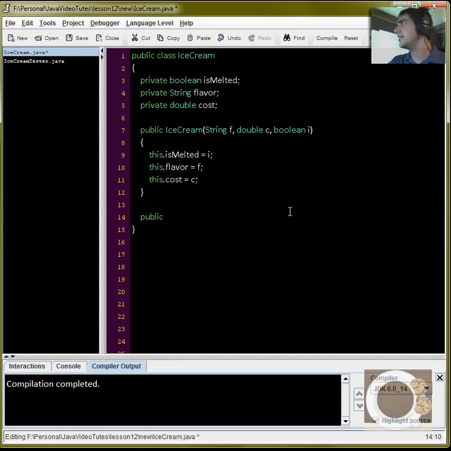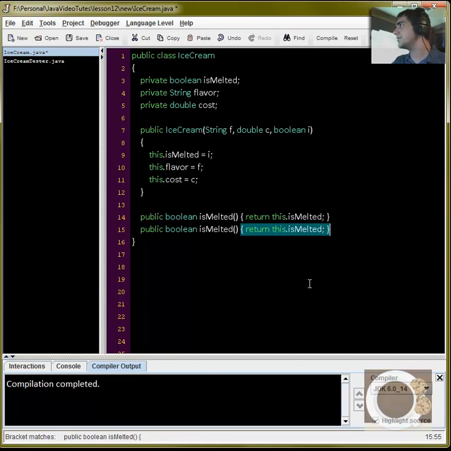So public, and we want to get a boolean isMelted, and it's a method, so we need to say return isMelted. And of course I like to say this.isMelted. Either way will work. So let's create three of those